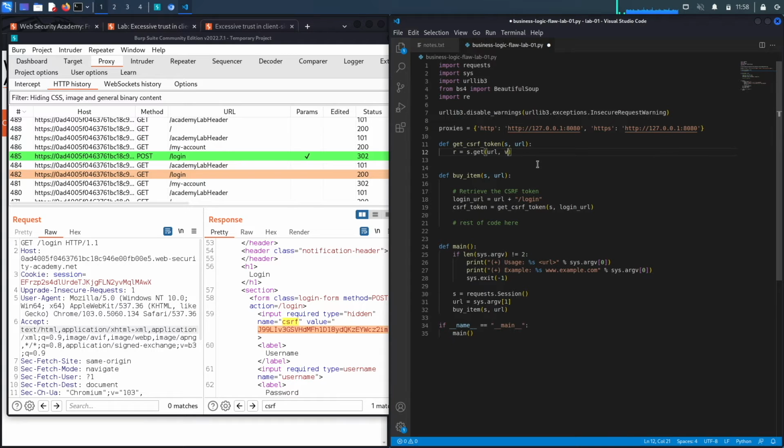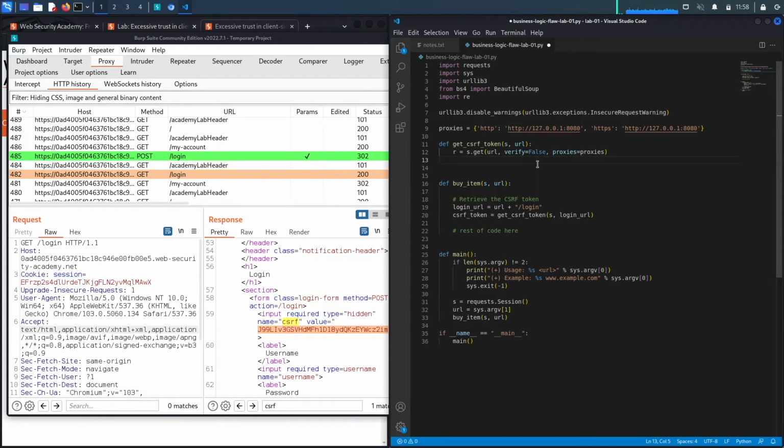We're going to set verify to be equal to false and proxies to be equal to proxy so that the request gets sent to Burp in case I need to debug it. And then we're going to use the Beautiful Soup library to parse the response. So r.text, we're going to say html.parser,